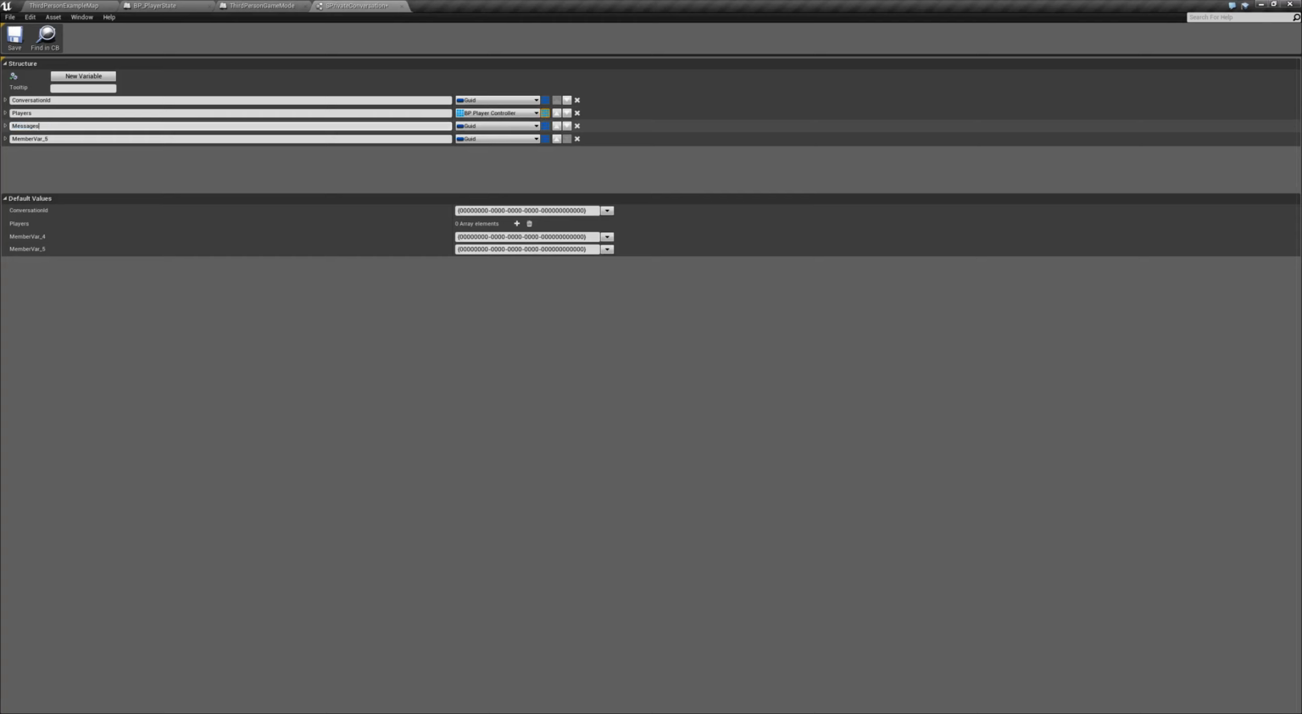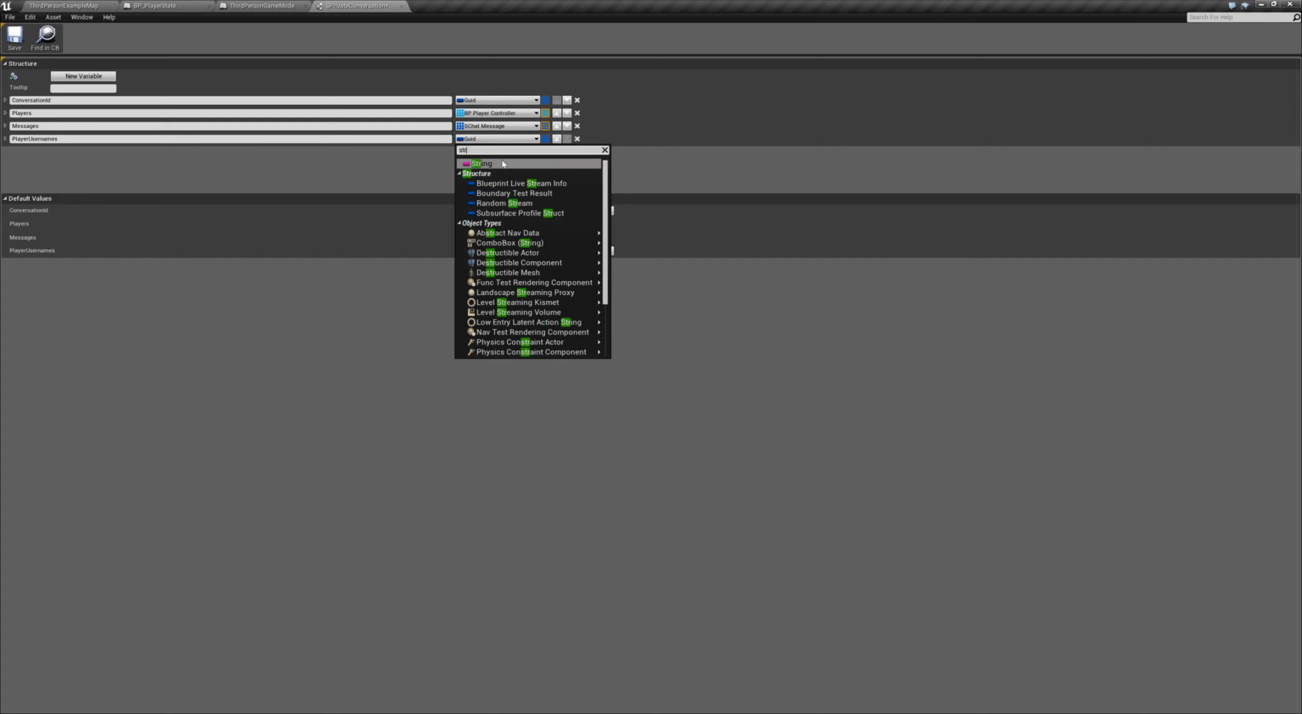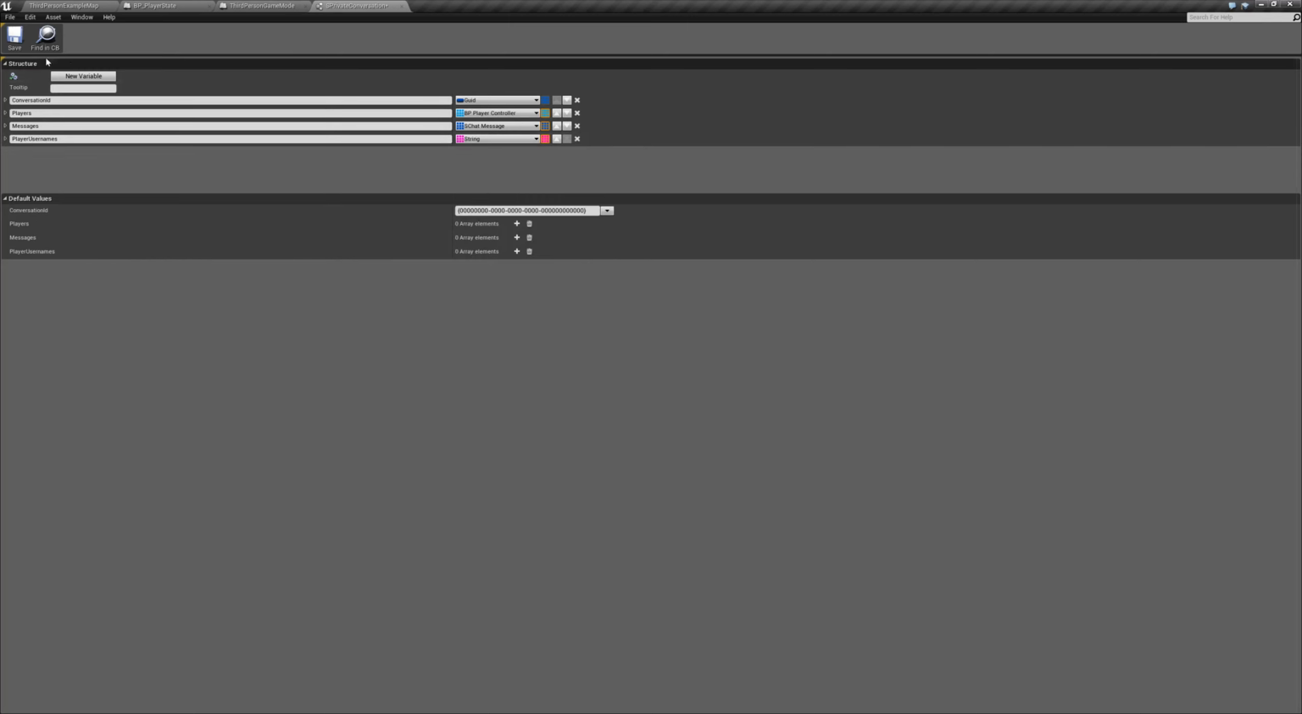And let's call the third one messages, which will be of type SChatMessage array. And let's create the last one, which will be player usernames of type string array. And the whole point of this player usernames is so we're going to be looking up users based off their